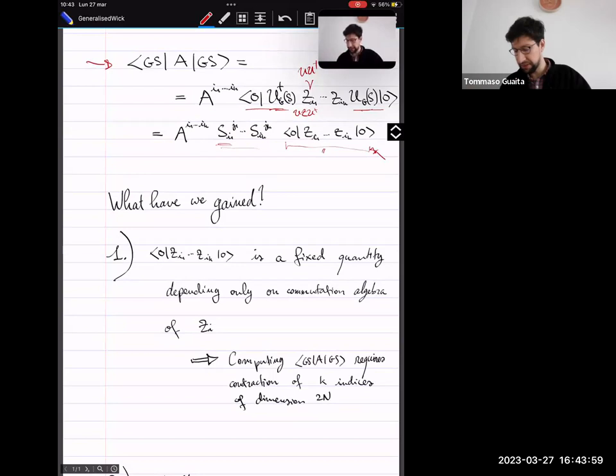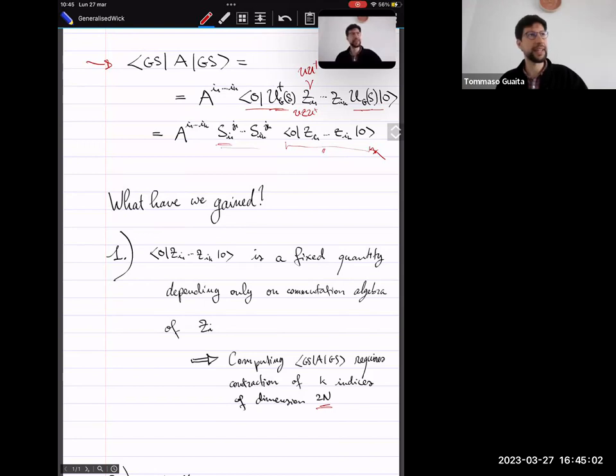So this is just a k-dimensional tensor, and what we are doing to compute this final expression is just contracting a certain number of indices, which is proportional to this k. We're contracting a set of tensors which have a number of indices which is k, and each of these indices has a dimension which is basically 2n, where n is the number of modes that you have in this system, these bosonic or fermionic modes. So already just this expression, you see that for a sufficiently small k, so a small number of Z operators in here, for a fixed small k, this expression is relatively efficient to compute with respect to the number of modes. So it's a polynomial. Like, if k is 2, it's going to be something like n squared computational effort of computing this